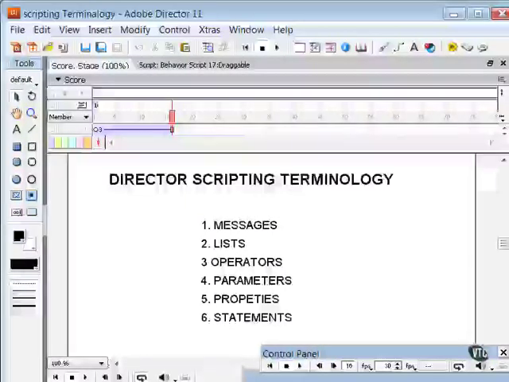Continuing my review of important director scripting terminology that you'll run across while learning more about adding scripting interactivity and increased capabilities to your director projects, we get to messages. Messages are notices that director sends to scripts when specific events occur in a movie. For example, when the playhead enters a specific frame, the enter frame event occurs and director sends an enter frame message. If a script contains an enter frame handler, the statements within that handler